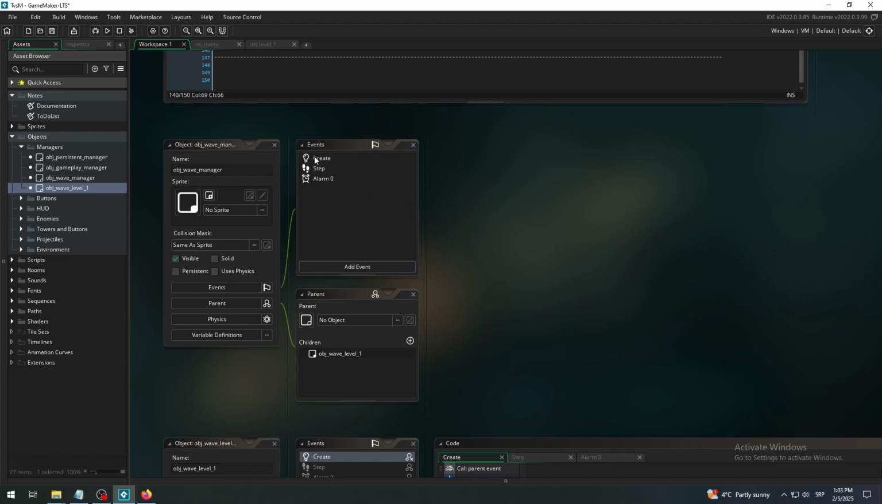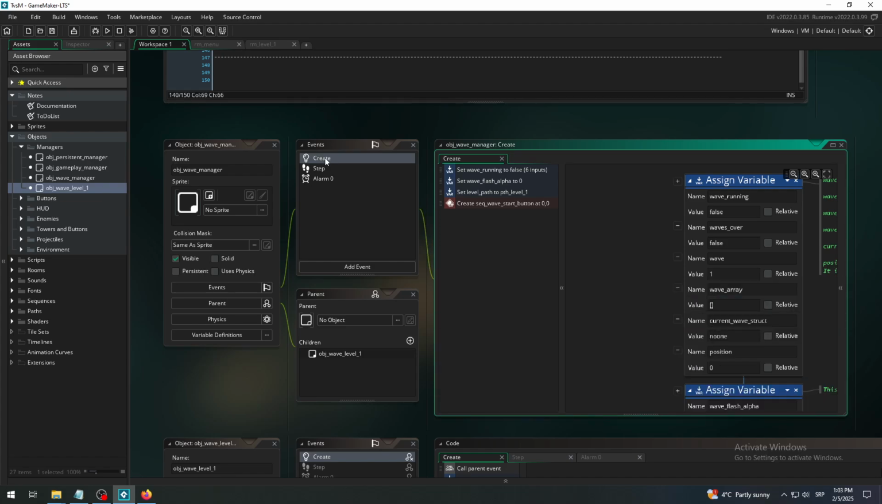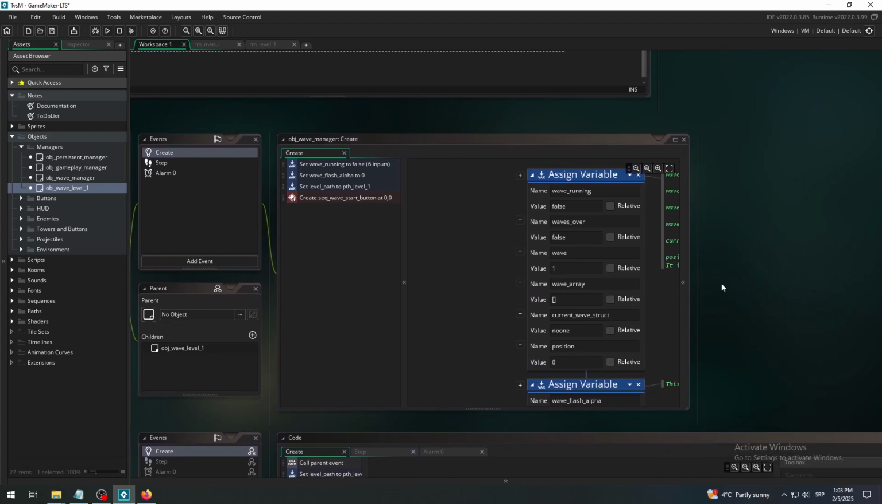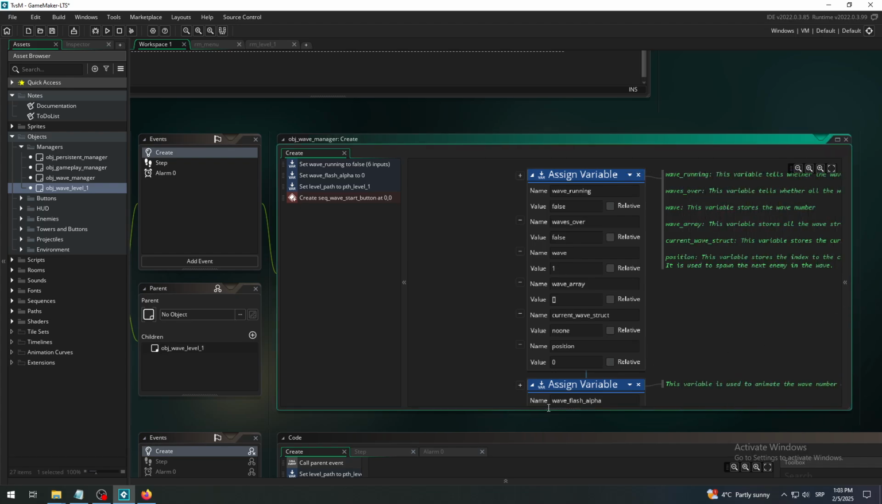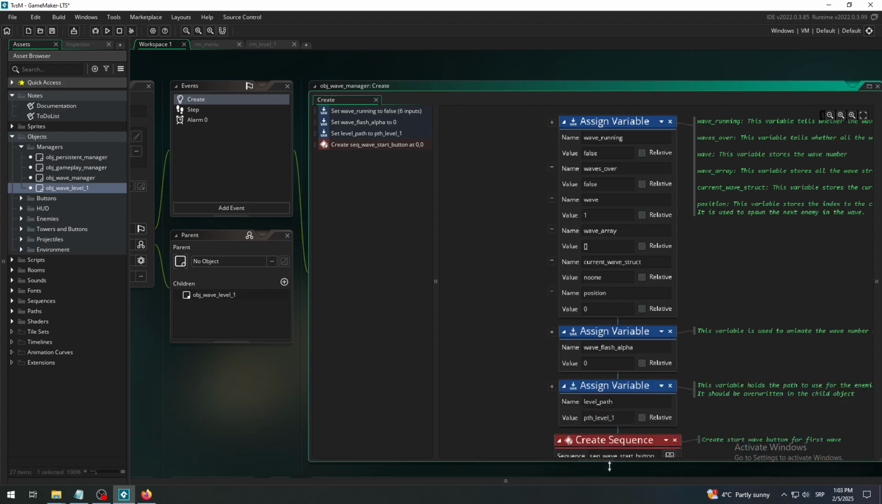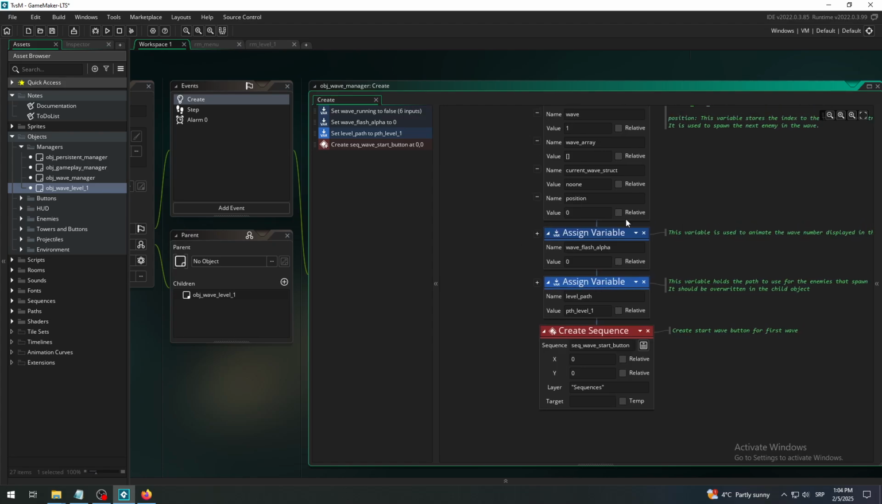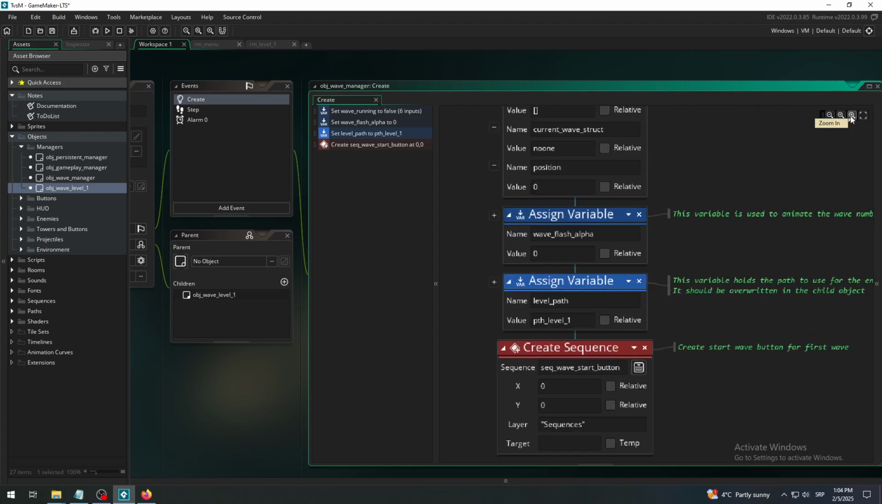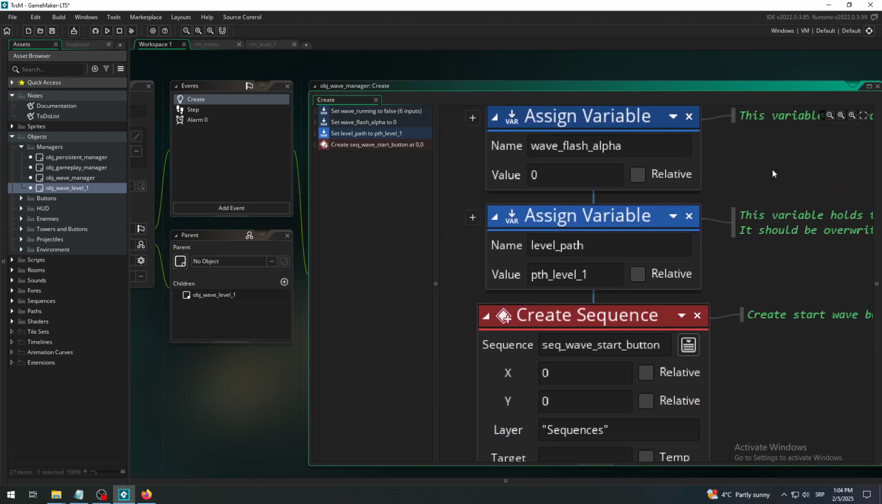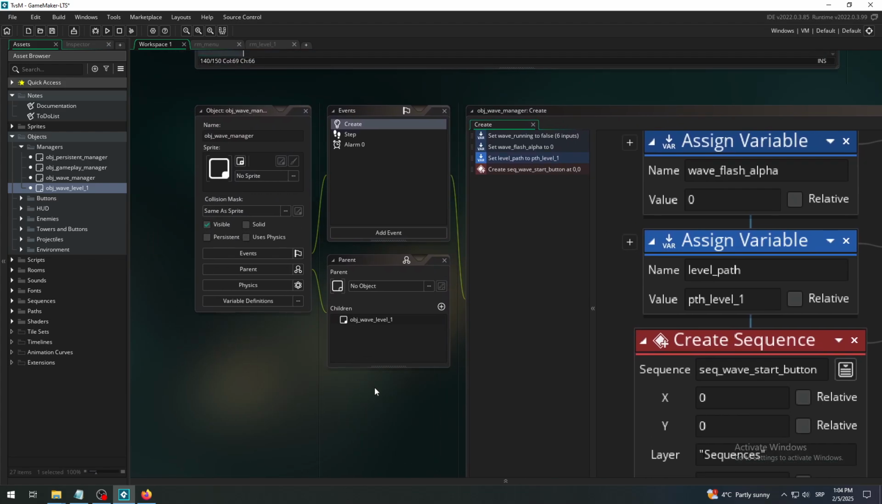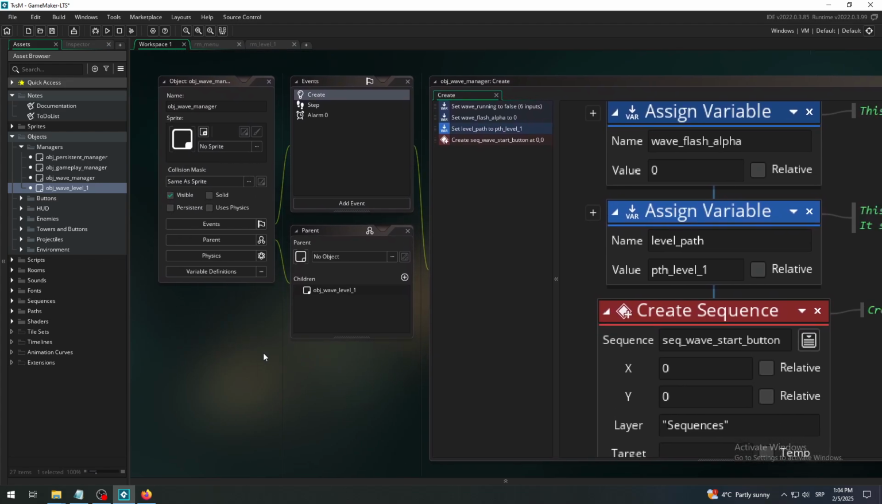So let's check the OBJ Wave Manager first as the parent, just to see if we can find what we want about paths. And yeah, you can already see here on this left part we have set level path to path level 1. Okay, so I will zoom it. Here it is, it's a variable, and it says name of the variable is level path and the value is path level 1. This is default state for our parent, but later, again, as I just said a few moments ago,